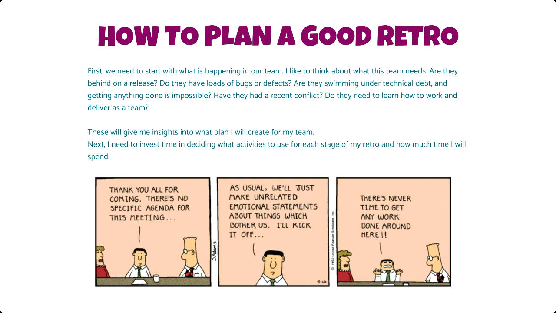So starting with what is happening for the team is a helpful place to start, right? And if you don't know a team well enough, or you don't really know what's happening for a team, then there are some retros that you can run that will give you a lot of information and still possibly help a team. So if you don't know, that's okay. It doesn't mean that you don't have to do a retro, but understanding what's happening helps you to create focus, right? And helps you to start thinking about what is the thing that's going to add the most value to this group right now. And so as a Scrum Master, that's where I used to start.